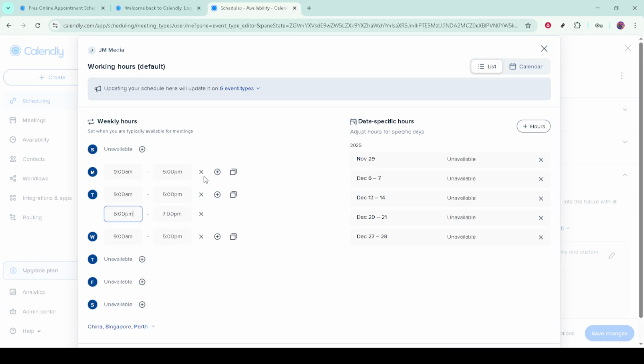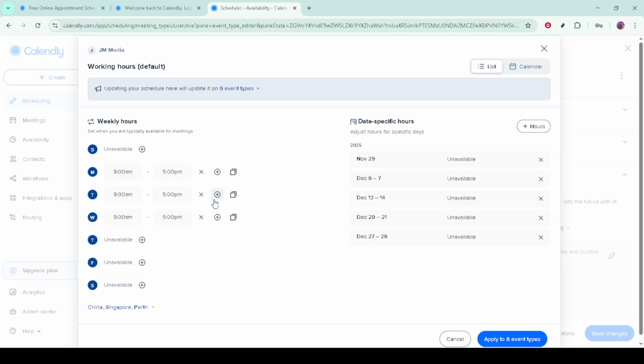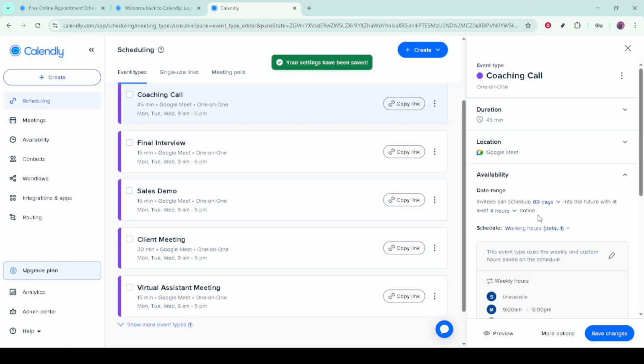A couple of quick tips to keep you on track. After applying changes, glance over your schedule to verify that the dates you meant to block appear as unavailable. If something looks off, you can always add a time range back or remove a date-specific override. Also, be mindful of your time zone settings so your availability reflects the right local time for you and your